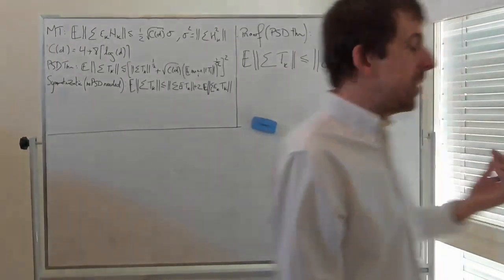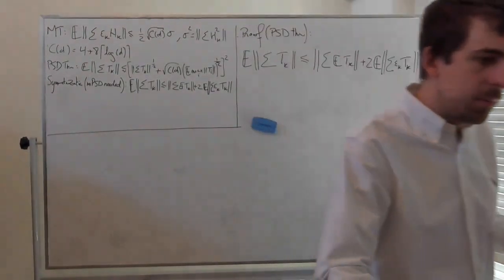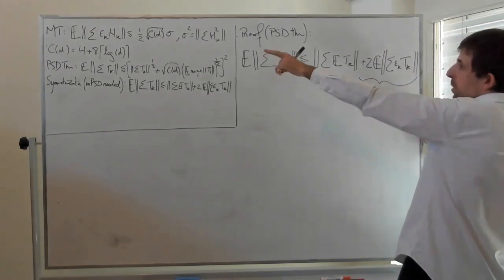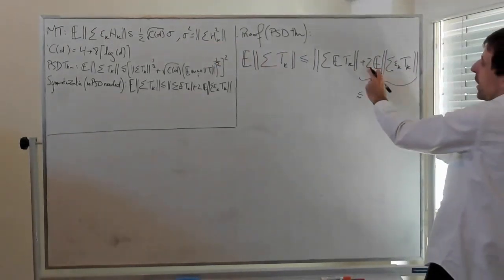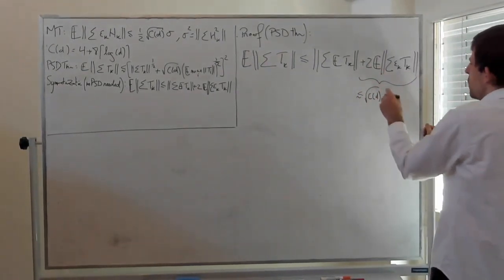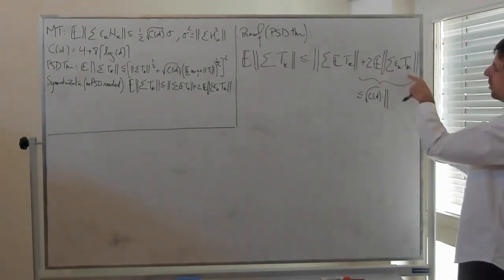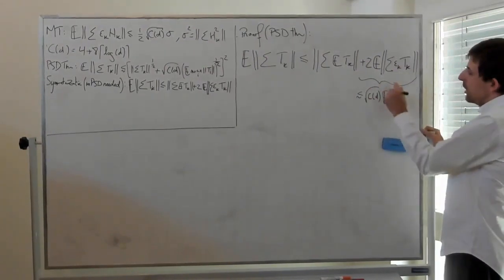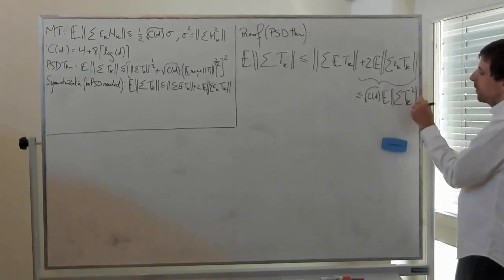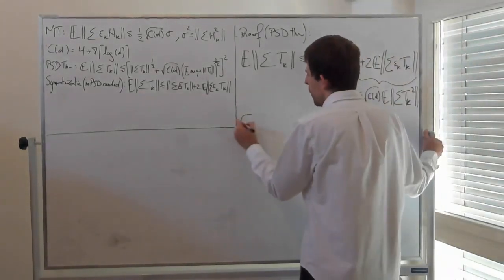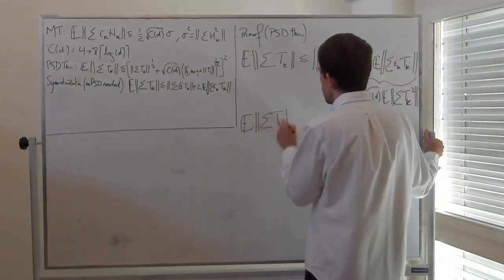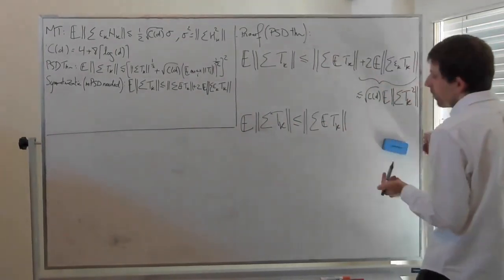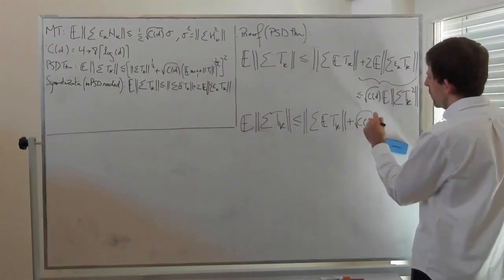Okay, so now we're going to, of course, use our master theorem, because now it's ripe for using the master theorem. The master theorem gives us that this is smaller or equal than, what we get over there, half of the square root of CD, but we get a 2 here, so we just get the square root of CD times this variance term. I mean, we're using the master theorem conditioned on the tk's, so we're just using it on the epsilon k's. So we still need the expected value with respect to the tk's here of the sum of the tk squared. So let's write that. The expected value of the sum is smaller or equal than the expectation term plus the square root of CD of